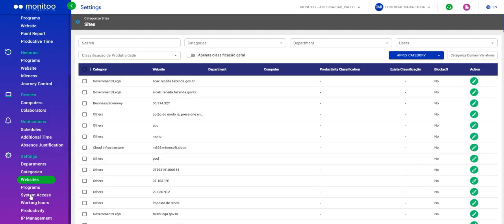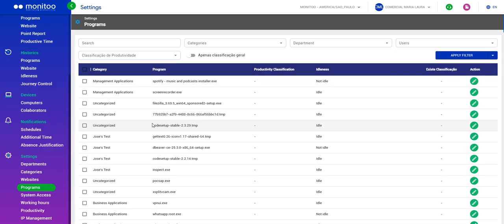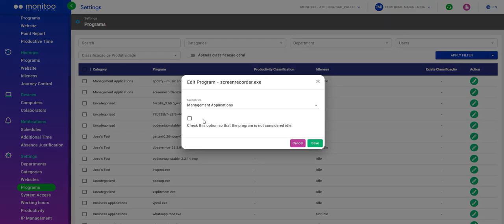Down here we have settings programs. So basically you can do the same thing, changing multiple categories at the same time, as I showed you in websites. And here in programs, you can check this option so that the program will not consider idle time. So basically, we recommend that this program,